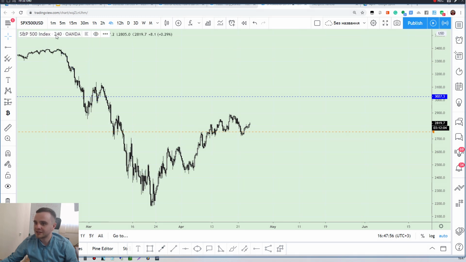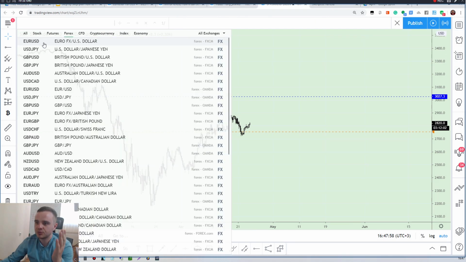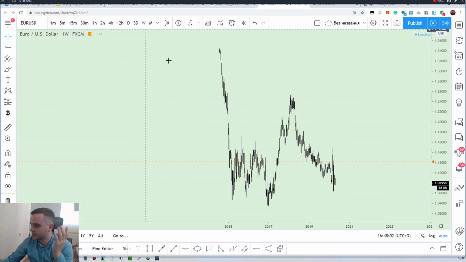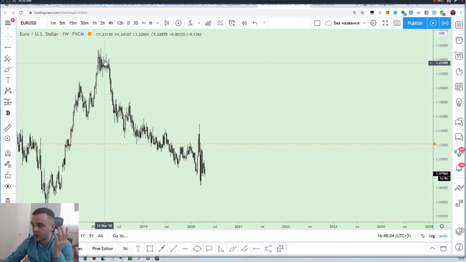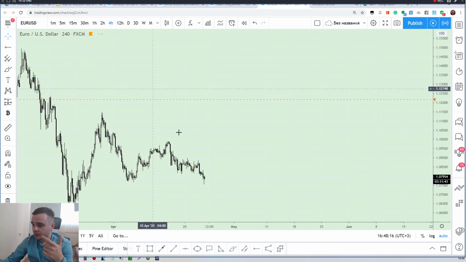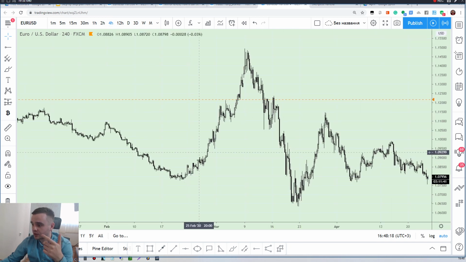It's important to understand about Euro USD. Another example for you, better to do it on Euro USD. Why is Euro USD good and pretty nice? Because, take a look from this point, the price is in a global downtrend. Take a look, the price is in global downtrend, and what's going on here on lower time frame? On lower time frame, you could see that price rose up.